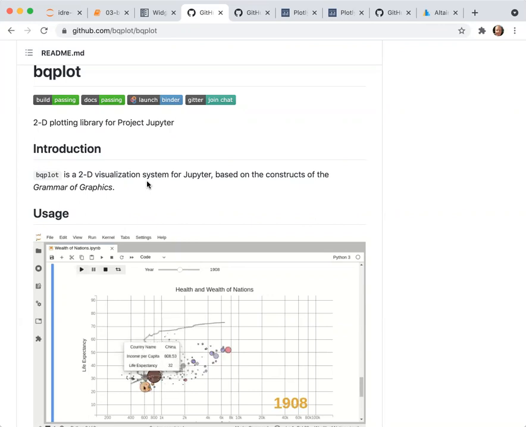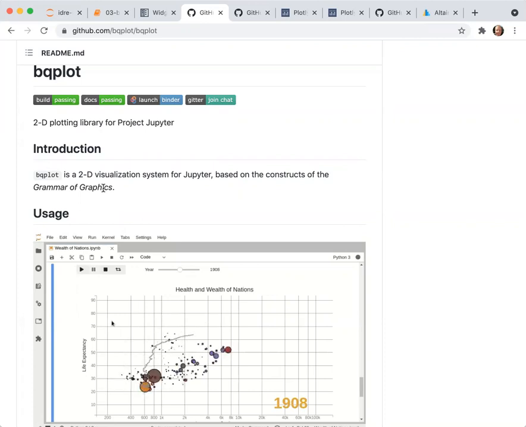And a little more specifically, it's based on the grammar of graphics. If you aren't familiar with the grammar of graphics, it's its own conceptual approach to how you generate graphics.